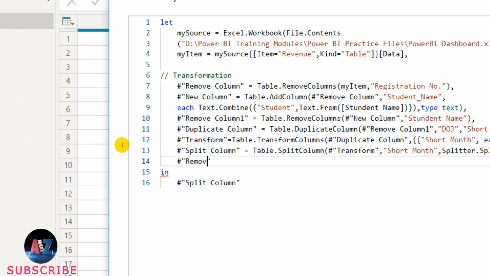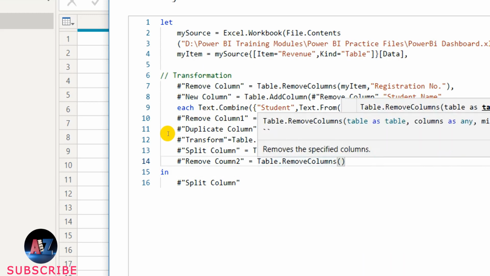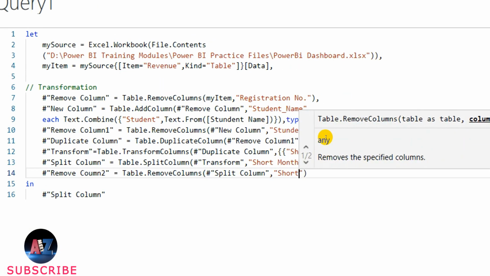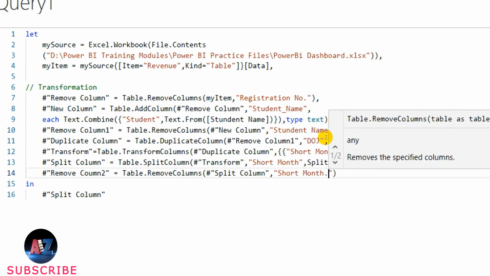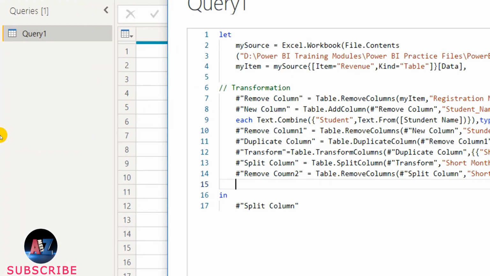So remove column 2 equal Table.RemoveColumns, then the last step, that is split column, comma, then you need to give the name of the column, that is short month 2.